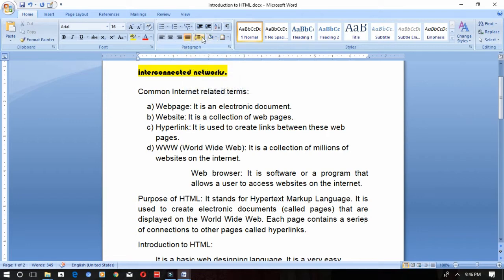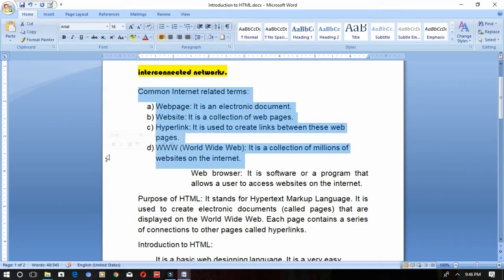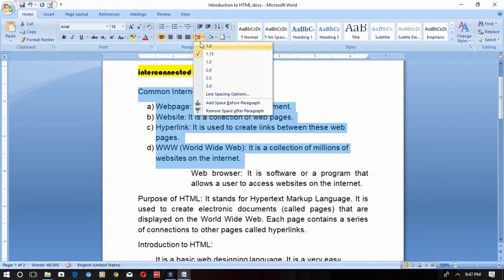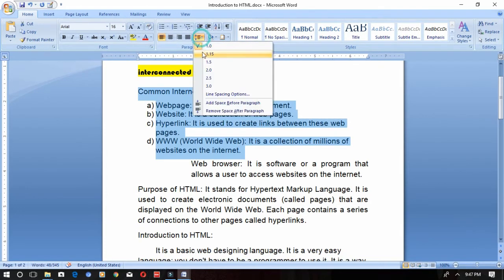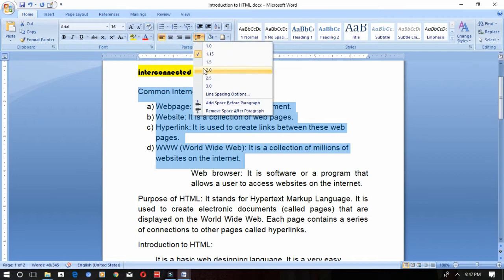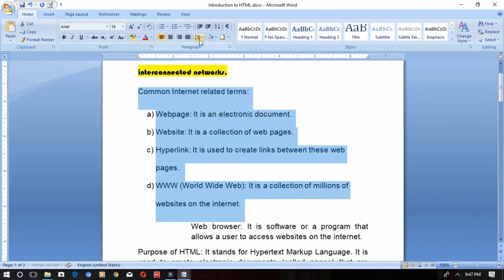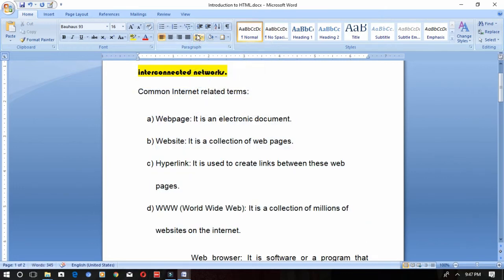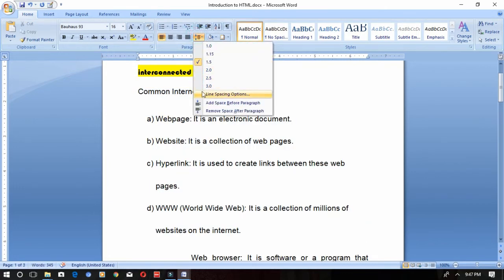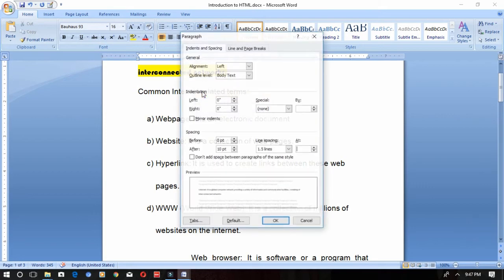Next, we have to see the line spacing. How your line spacing should look. See, select particular sentences and go for the line spacing. If I want one line spacing, or 1.15, or 1.5, or 2.0, or 2.5, it keeps on going. If you want more options, you can go to line spacing options over here.